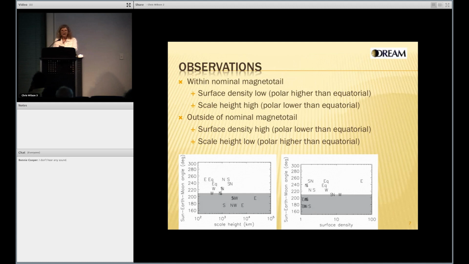Scale height increases, showing that contrary to what we thought, the scale height increases when the moon is in the Earth's magnetosphere, and the density